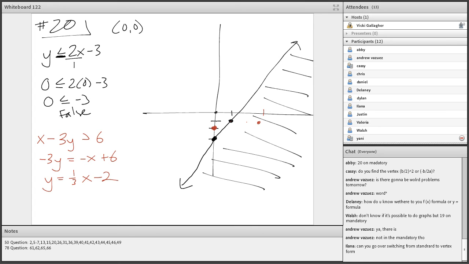If we look at the original inequality, there's not an or equal to sign, so I need to draw a dotted line for this one. And then we can do the same thing where we plug in 0, 0 to the original problem to see if it's true or false. So this one gives me 0 is greater than 6. That is also false. And so I don't want to color where 0, 0 is, so I will color below